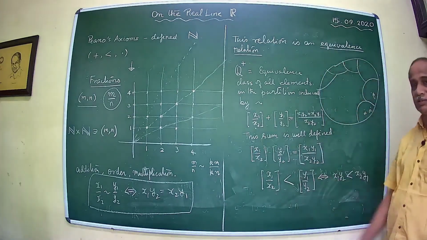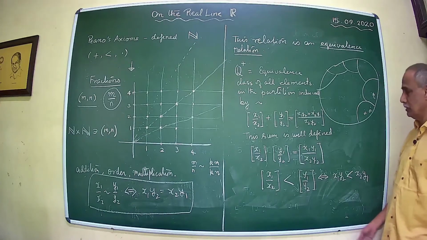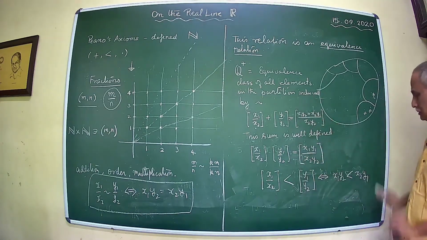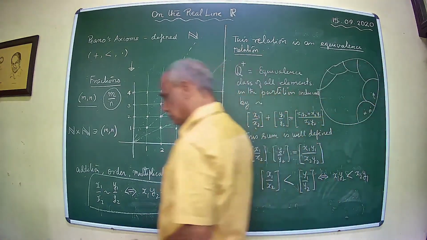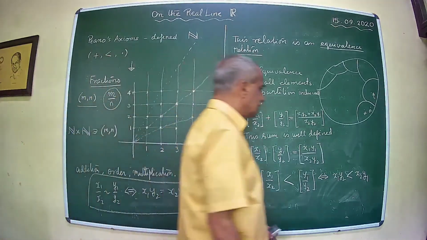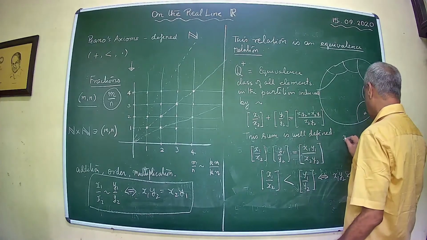All these things will come up from it. So whatever you have verified for fractions can be immediately translated to the set of rationals. The only difference is that when you work with the fractions, you write x1 by x2 is related to